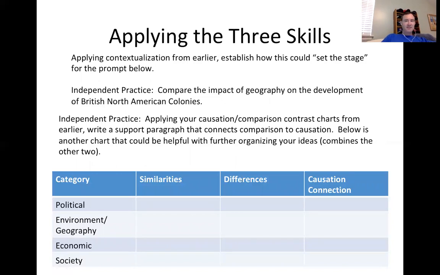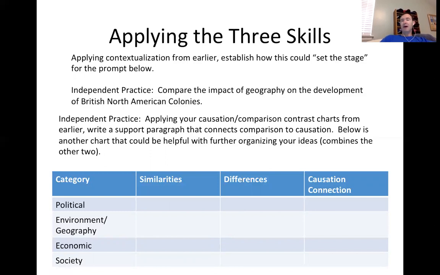I'm not going to write a thesis today, but to actually plan an essay that you could start to create evidence with to support comparison and also connecting to causation. If you're in the regular session, we'll go over this as a group. If you're not, I encourage you to take about 5 to 10 minutes, go over it, and try to fill in each one of these with at least 2 to 3 pieces of outside